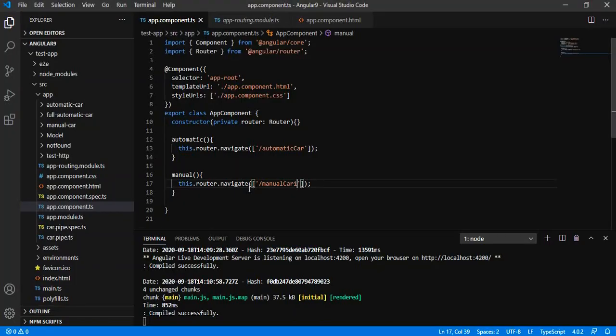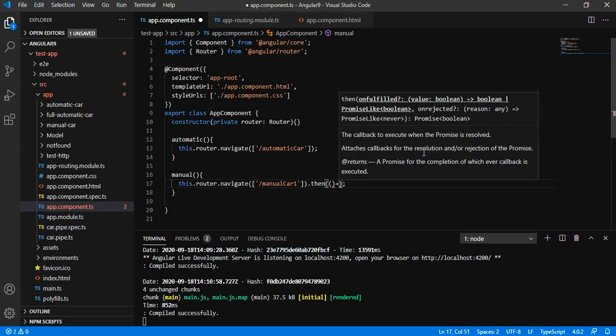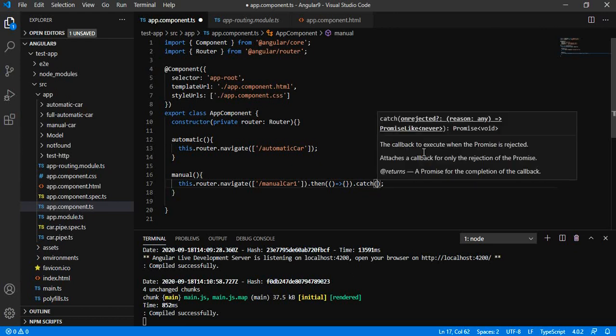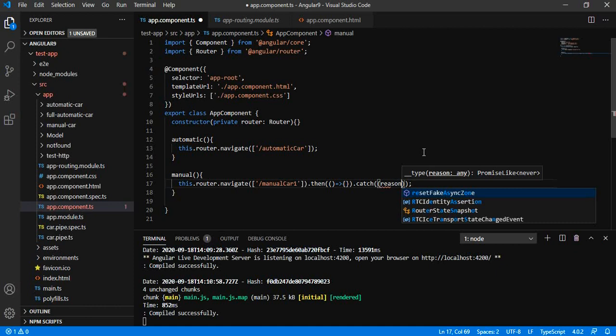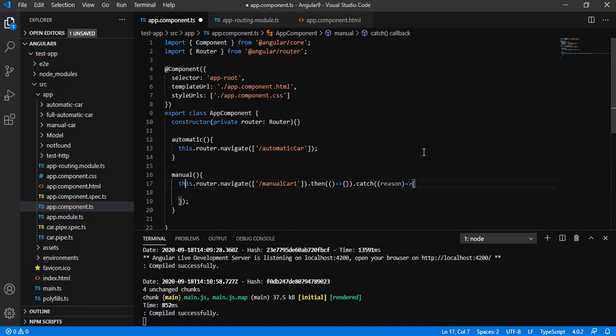So what this router.navigate returns is a promise, and as you know, we have the methods for success and rejection. There we can define the catch, and then let us see if it is a success.